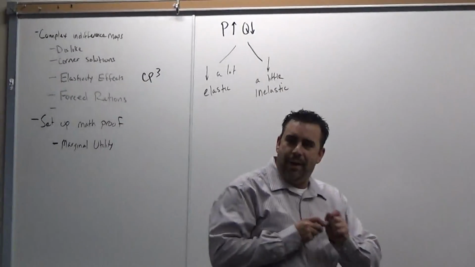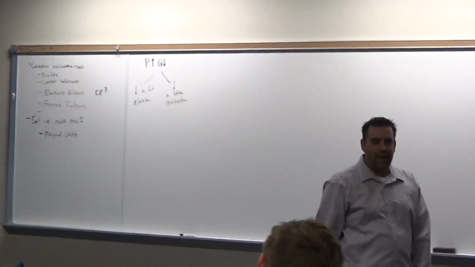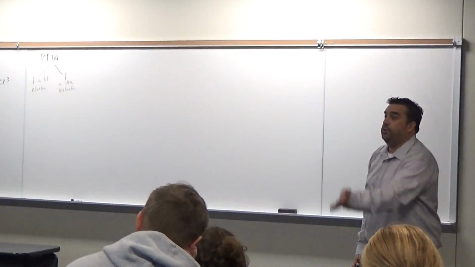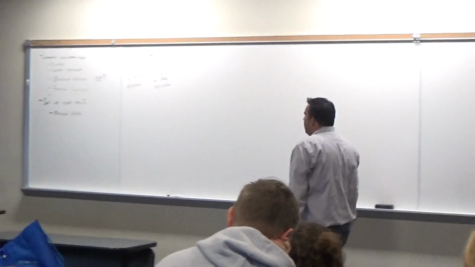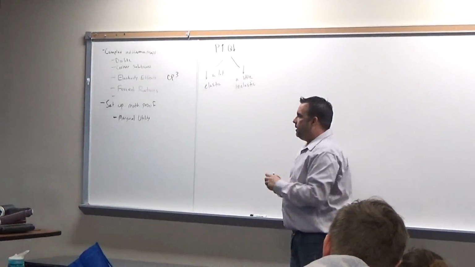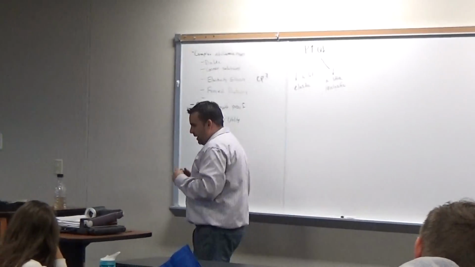And yesterday we didn't worry about it. We made everything perfect and right in the middle of the graph, so everything was proportional, which is also a possibility. But we want to be able to capture that. And it's kind of difficult because when you think about it, we're kind of measuring